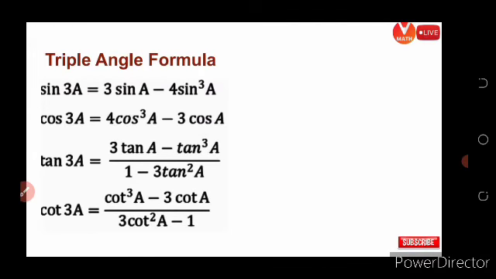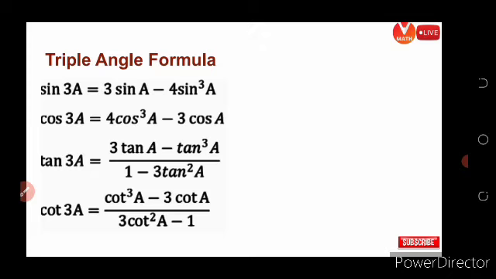Then come to triple angle formula. Sin 3a, we will break in the form of sin of 2a plus a, and we will get finally the answer 3 sin a minus 4 sin cube a. Cos 3a, only the opposite. Always keep in mind, math is not memorizable, we only apply some logic. That's why we remember all the things of math for a long time. So here the logic is sin 3a is equal to 3 sin a minus 4 sin cube a. Similarly, in the case of cos 3a, only the opposite, that is 4 cos cube a minus 3 cos a.